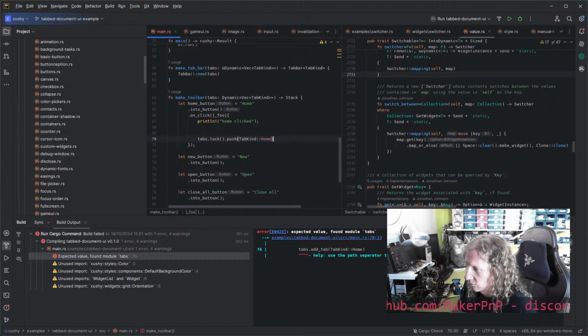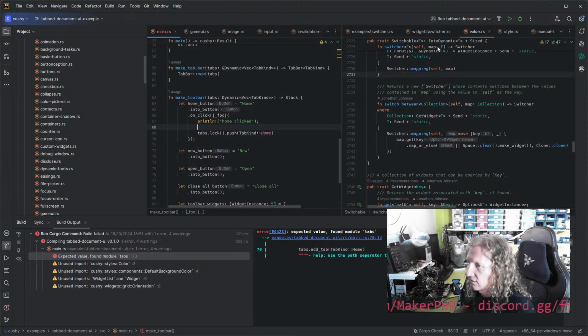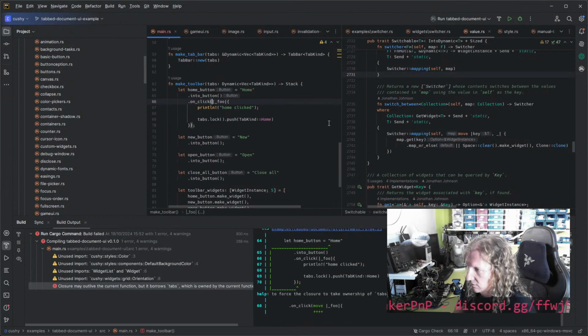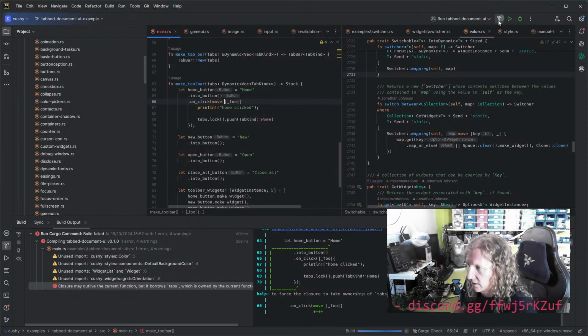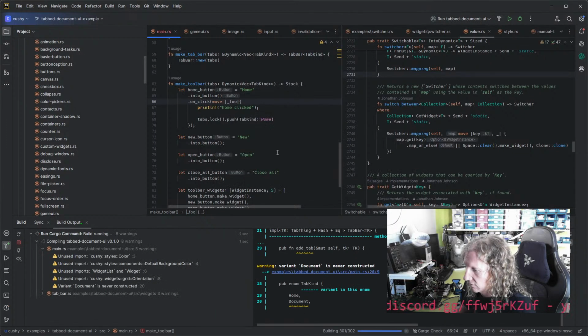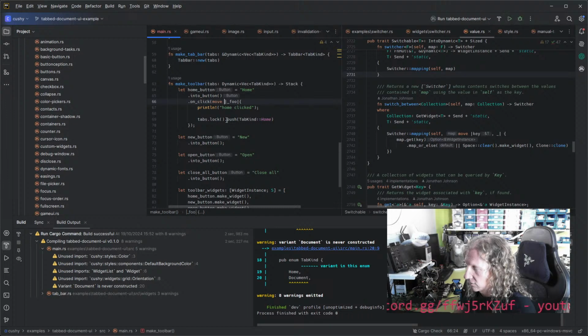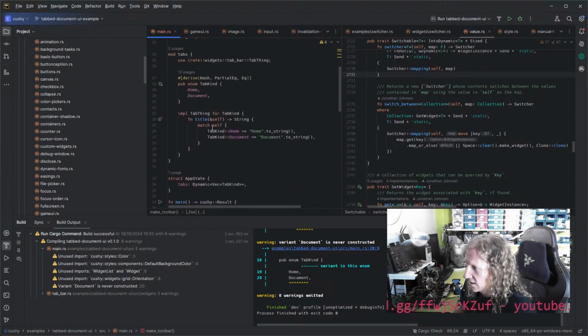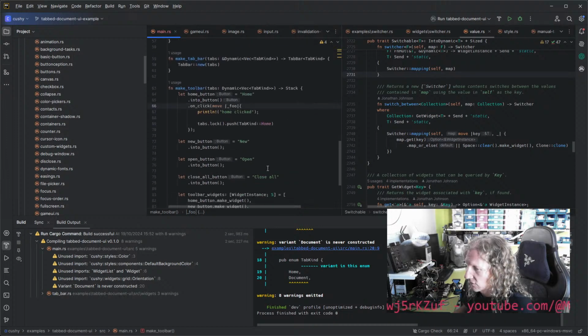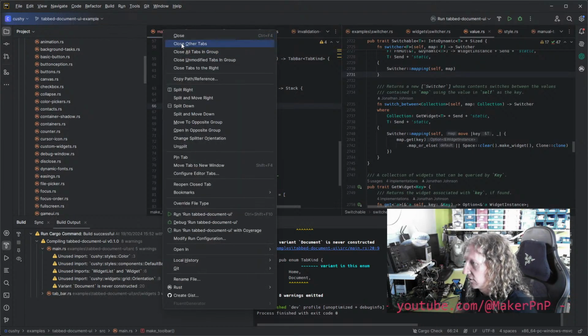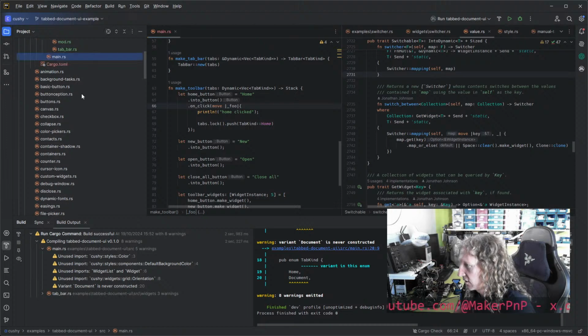Push, one of those perhaps, I guess. Yeah, we need to do that, that's fine. Let's see. So we can add things into a list of tabs, and the tab bar